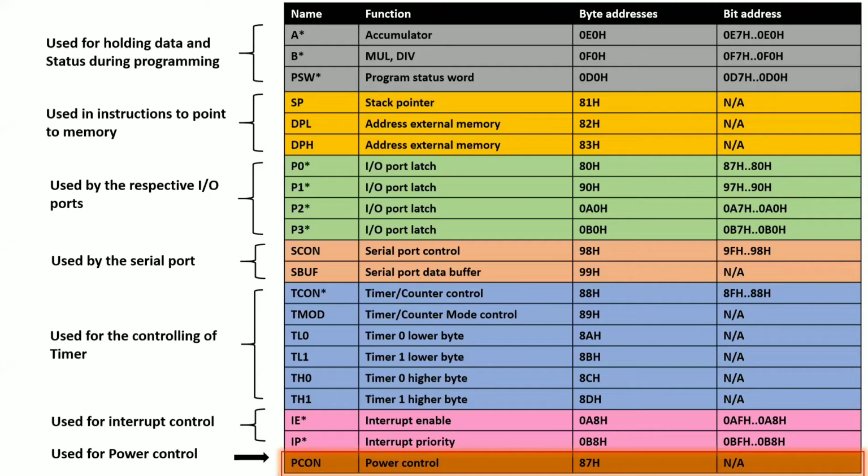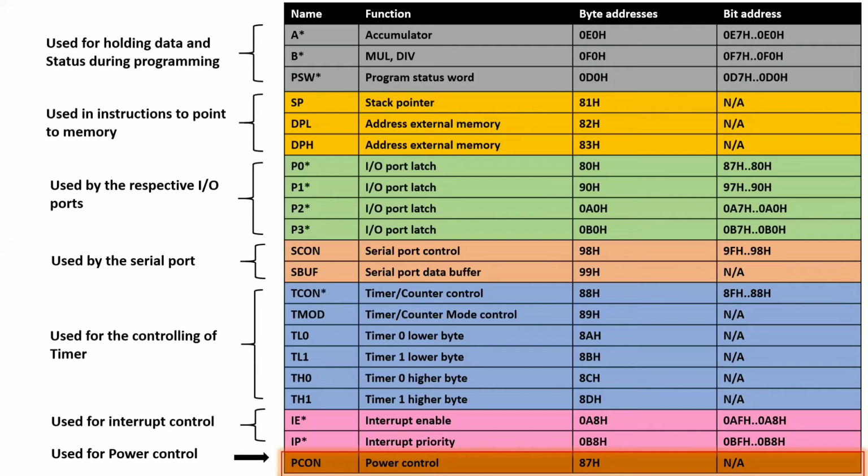Okay, now all these are nothing but your total 21 registers, and these 21 registers are categorized into a total of 7 groups. These are your 7 groups which I have given in different colors. All these 21 registers are given addresses. On the right side you can see the addresses of your special function registers, all these 21. And if you observe closely, there is a star written on some of the registers. Few of the registers have a star.